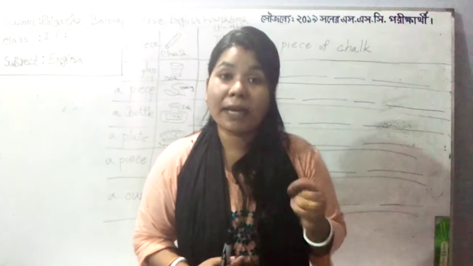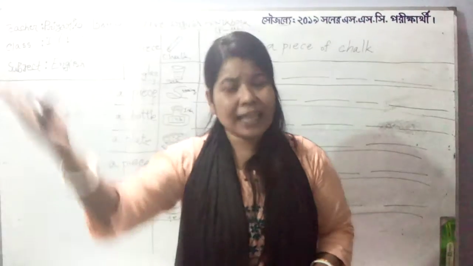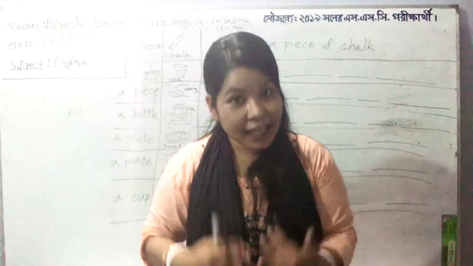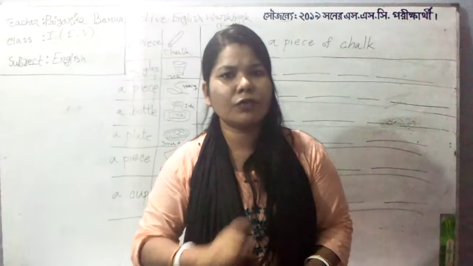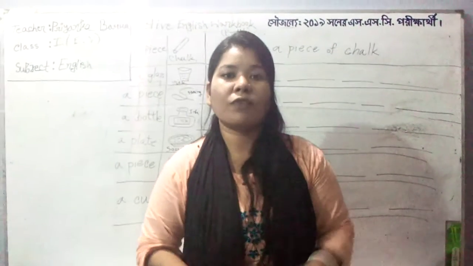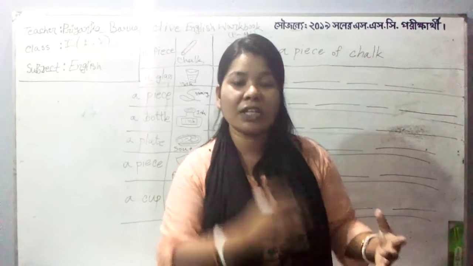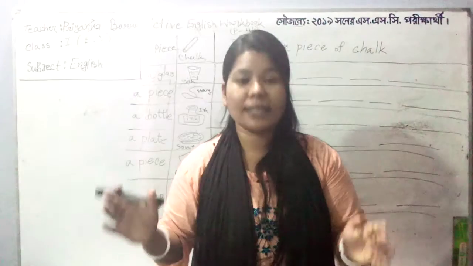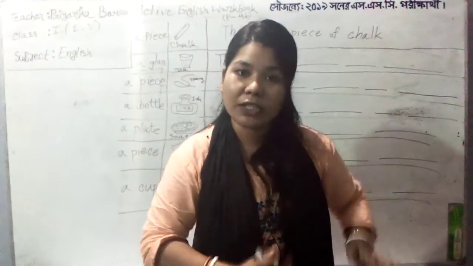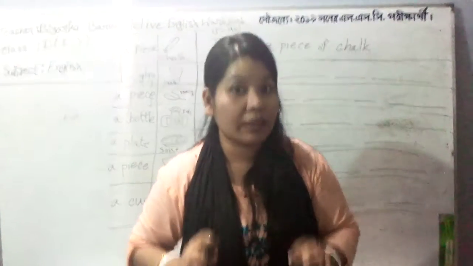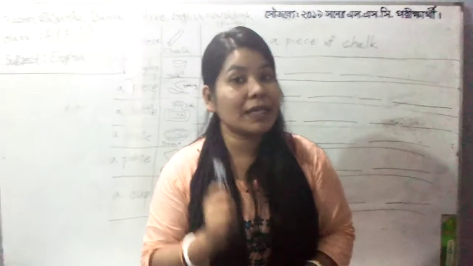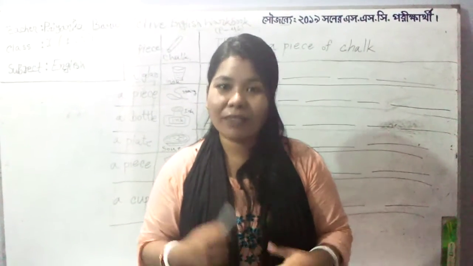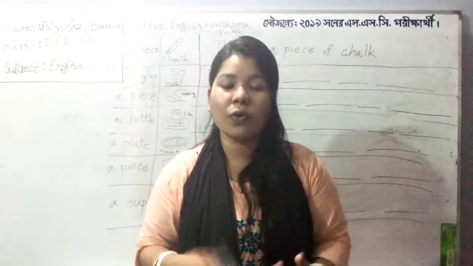But the main thing is that in that type of pattern you had to just put the name of the things, but here you have to fill the whole sentence, from the subject to the predicate, from the subject to the object. Beside the sentences you will have some pictures, and the name of the pictures will be given. So please go through page number 46 from your Active English workbook. Okay dear, I am giving you 1 minute just to have a look at the page.